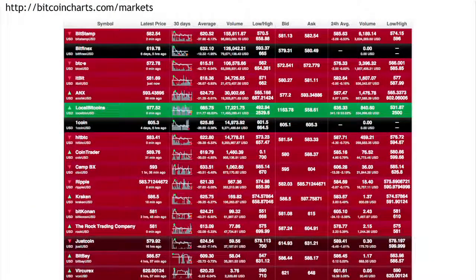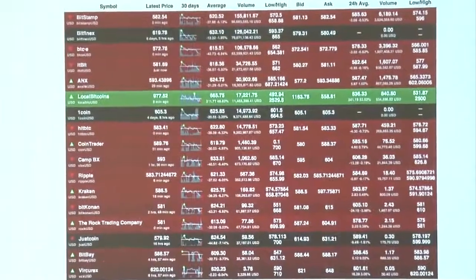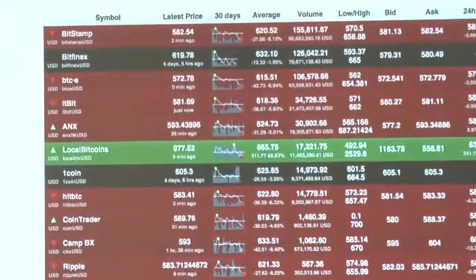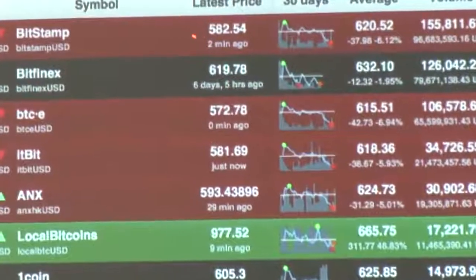So in the Bitcoin markets, we can look at data. And in fact, there are sites like Bitcoin Charts. This is the Bitcoin markets page on Bitcoin Charts, which shows exchanges that trade dollars against Bitcoins. And you can see there's a list of different exchanges or different places where you can trade dollars against Bitcoins here from top to bottom. Up here at the top, we have Bitstamp, which on this particular day had the highest volume. For each one, there's the current price. For Bitstamp, on the day I took this screenshot, it was